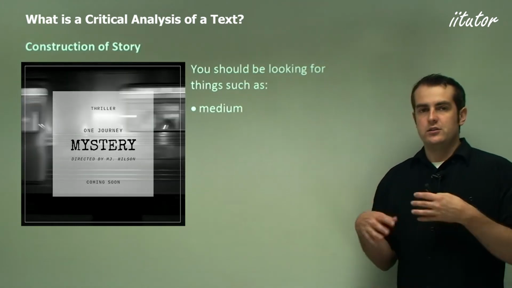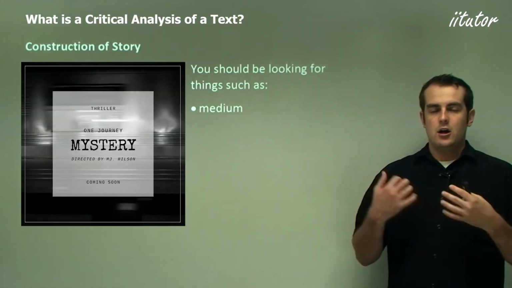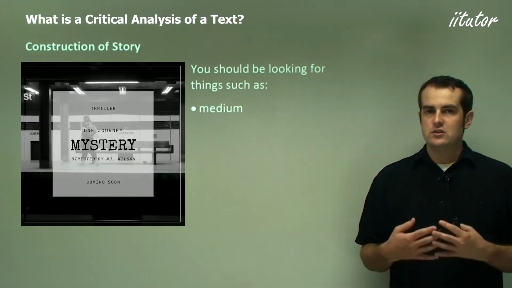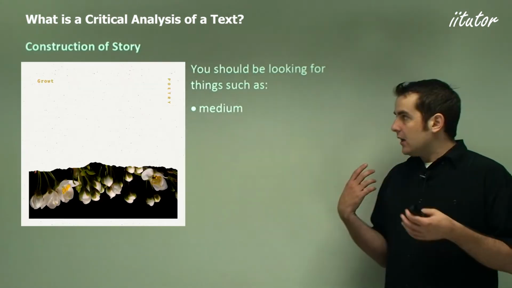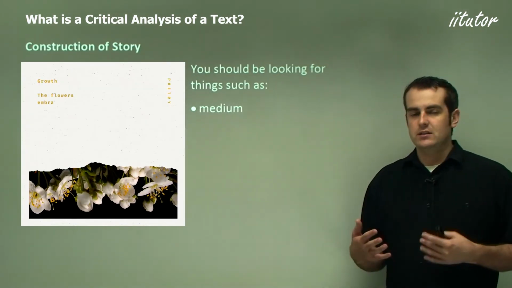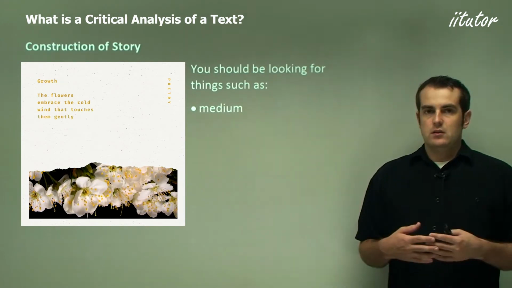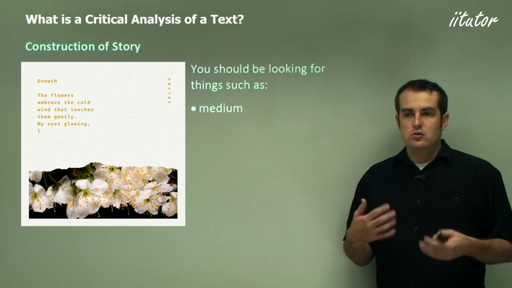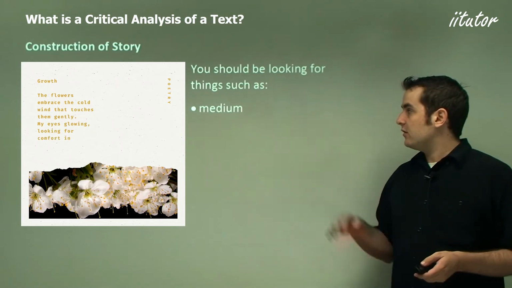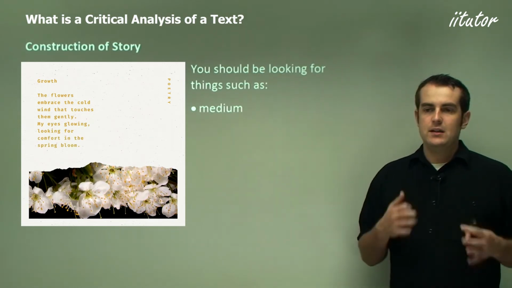A film will tell its story through pictures and through sound. A poem will tell it through images and really abstract terms. A novel or a longer extended short story will use lots of description and a lot of different plot twists and things like that to create ideas and storytelling. So there are lots of different aspects of medium which are different.